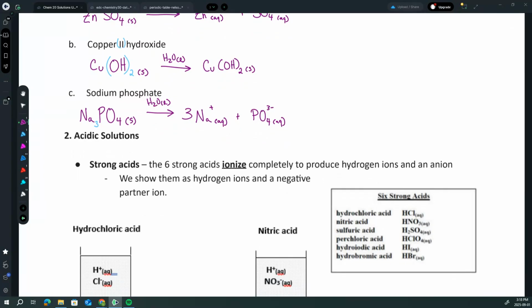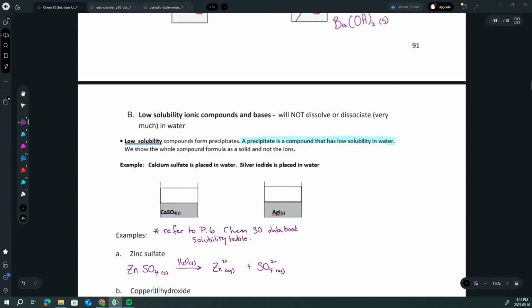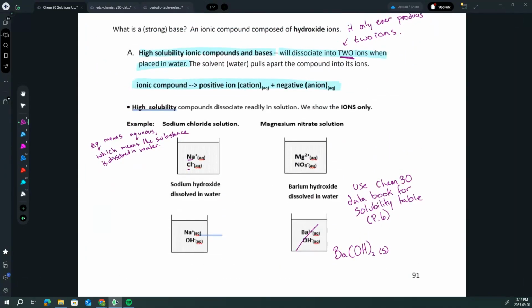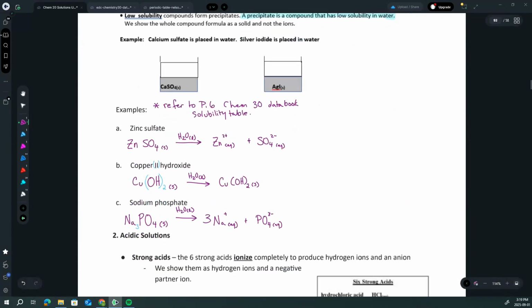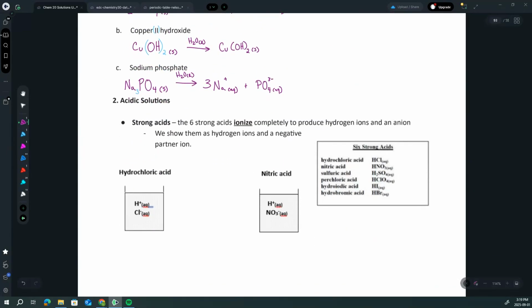So essentially what we're talking about here is how do you know which specific substances are going to be aqueous or soluble in water versus insoluble in water. We just went over ionic compounds and bases. Now we're going to go over acids or acidic solutions. And then we're going to go over molecular compounds and elements. So with strong acids,